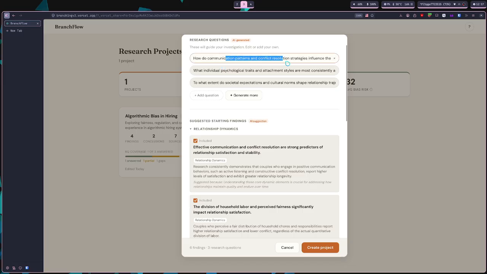Other communication patterns and conflict resolution strategies influence the perceived activity, but individual physiological traits and attachment styles are more consistently associated with long-term relationship satisfaction and stability. To what extent are those associated? Okay, but